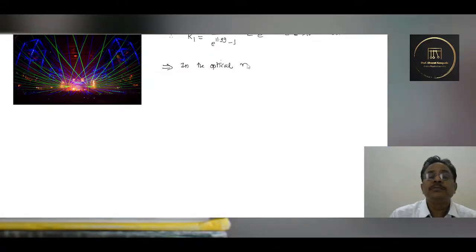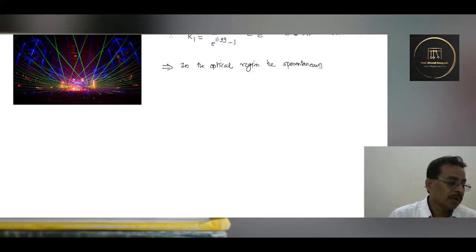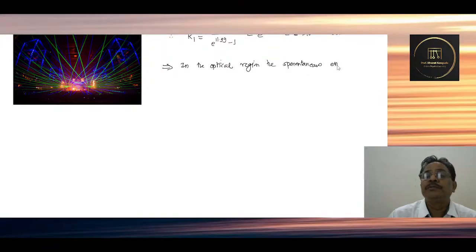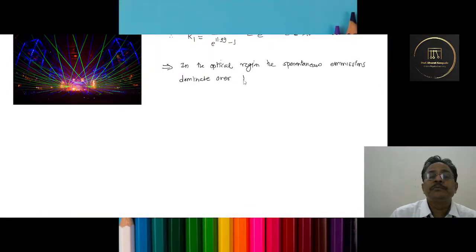In the optical region, this number is small, meaning spontaneous emissions dominate, or are predominant, over the stimulated emission.